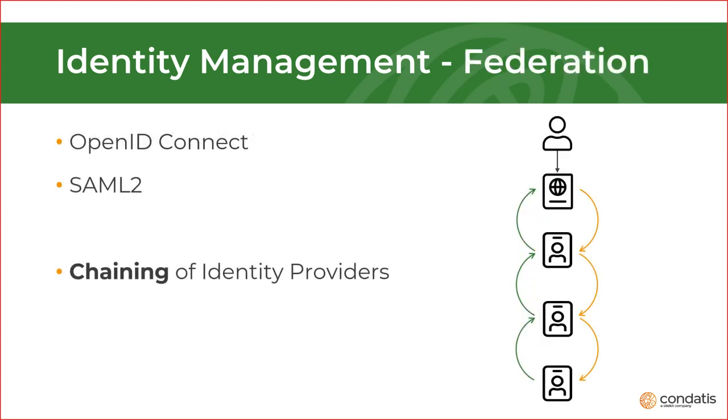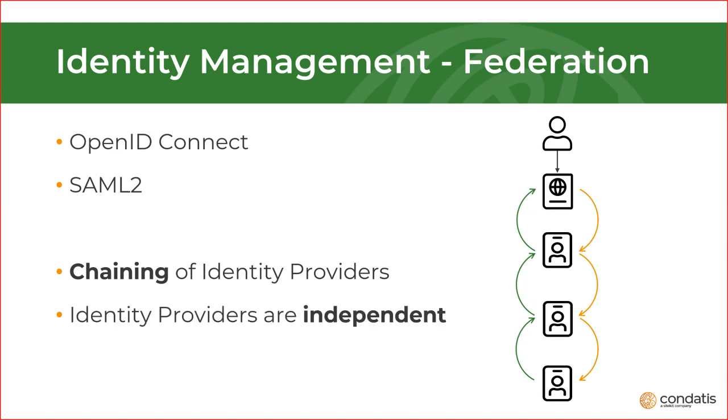One important concept here is that the identity providers are independent. An earlier link in the chain doesn't need to know about or explicitly trust later links. So, in our previous example, the relying party doesn't need to know about or trust the SAML identity provider, it trusts B2C. B2C trusts the SAML provider.